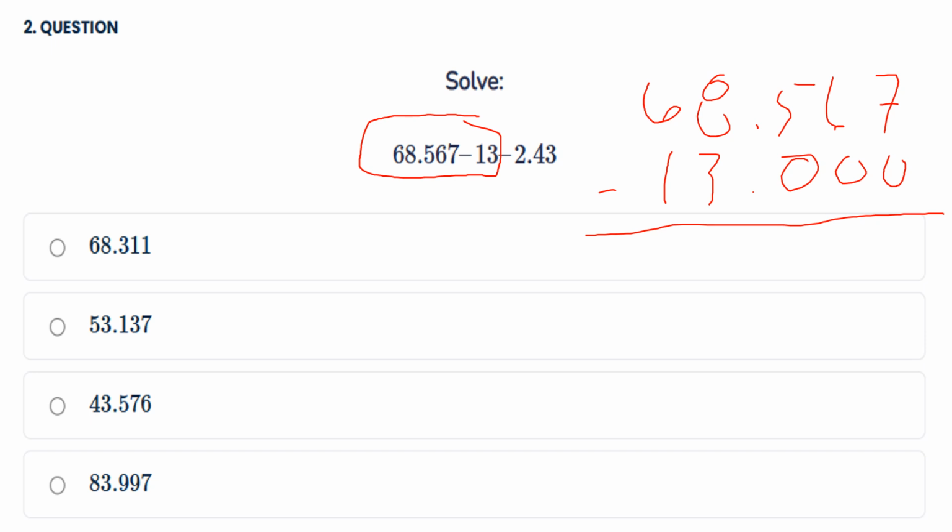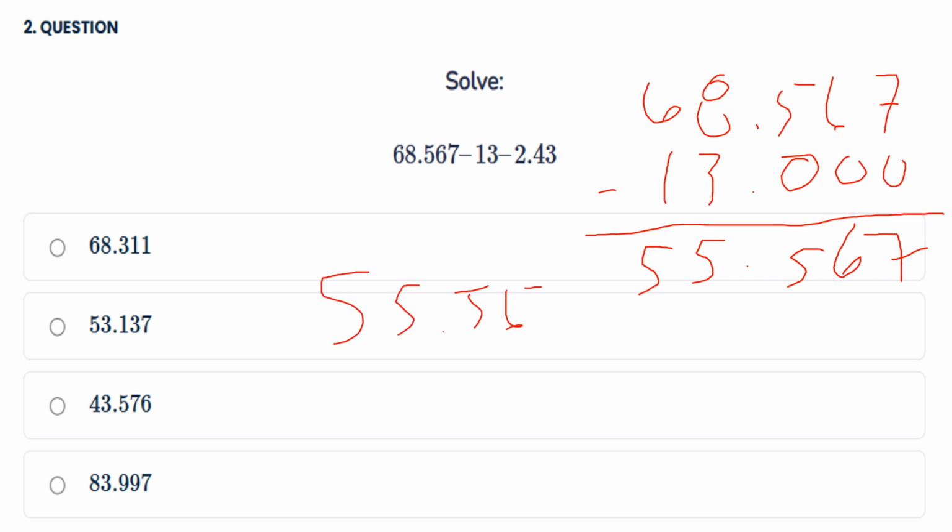subtract. So we start from the right side. So 7 minus 0 is 7. 6 minus 0 is 6. 5 minus 0 is 5. We put our decimal place there. 8 minus 3 is 5. And 6 minus 1 is 5. So we know what 68.567 minus 13 is. That gave us an answer of 55.567. So next thing we have to do is subtract